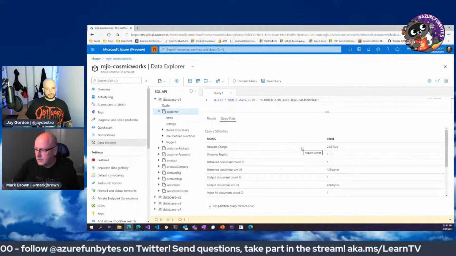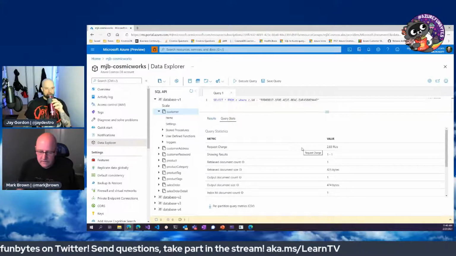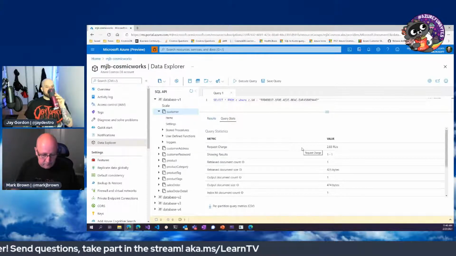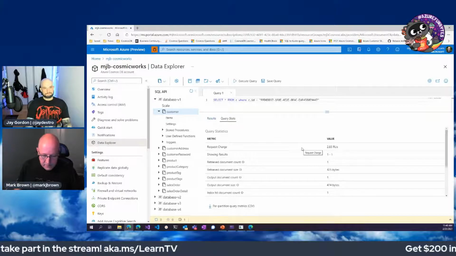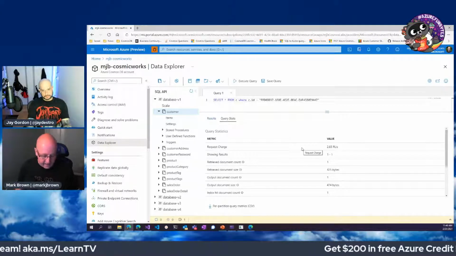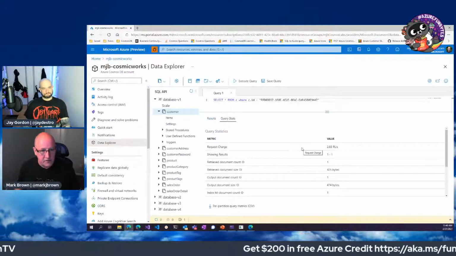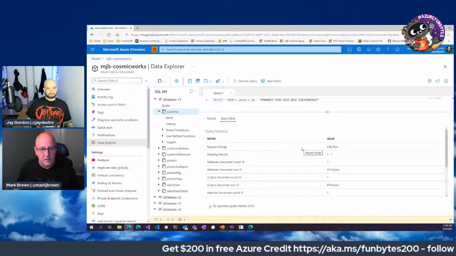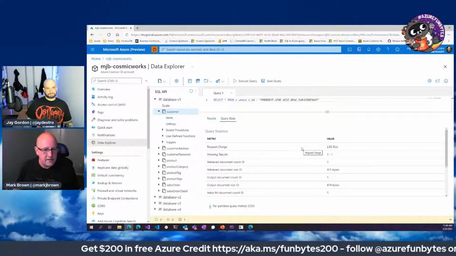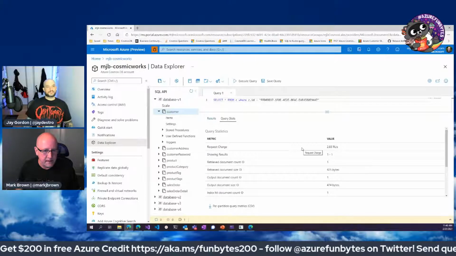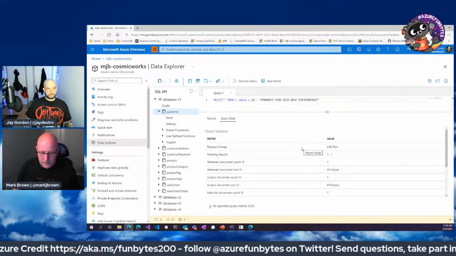So as I go and I measure how many RU I need for that query, then good. Now I can note that and then understand how many of those queries I'm running a second, and then add on the other operations that I'm going to be running concurrently to help me come up with a ballpark for how much throughput I need to run this database for my app. And then, of course, this is just an estimate.